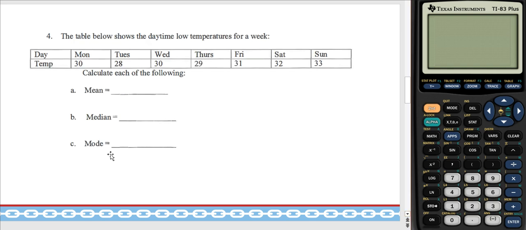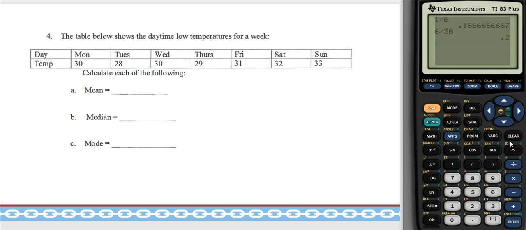So looking at question 4, we have daytime low temperatures for a week, asking us to calculate mean, median, and mode. So mean is the average, right? To calculate mean, we need to add up our data pieces, right? So I'll add the 30, the 28, the 30. And while I'm doing that, I can start looking for repeated data. So I've noticed I have two 30s. And then as I key in the rest of my data,